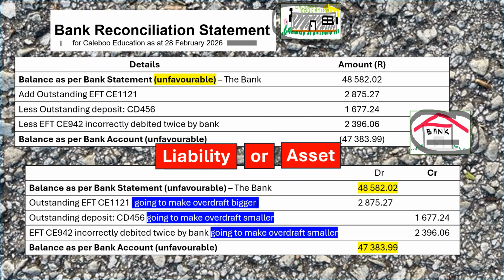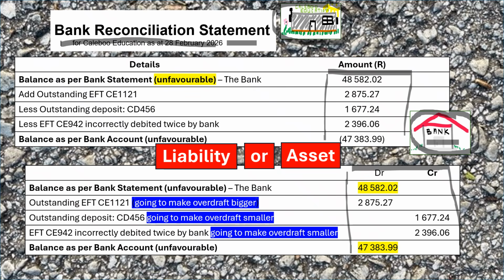So this is called a bank reconciliation statement, and in the bank reconciliation statement there can be two formats depending what textbook you're using. I will start with this first format that I've taken out of a